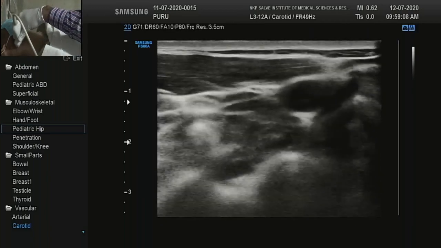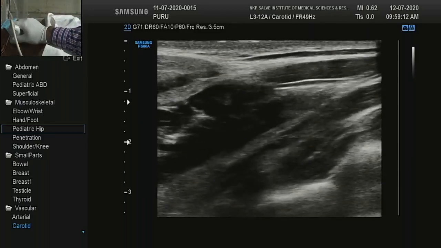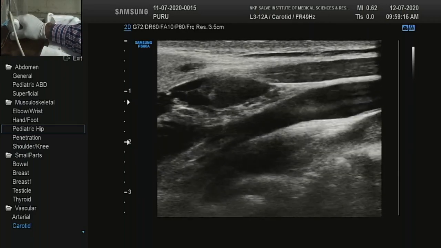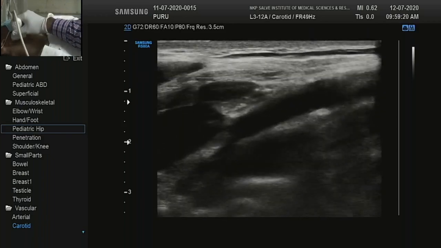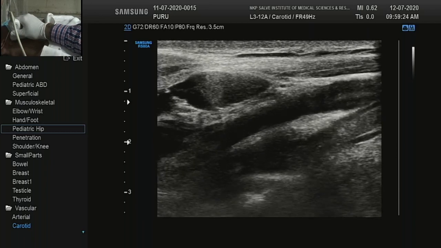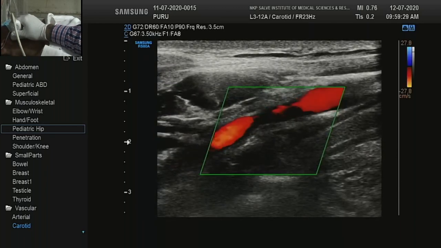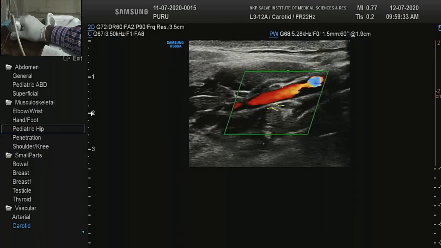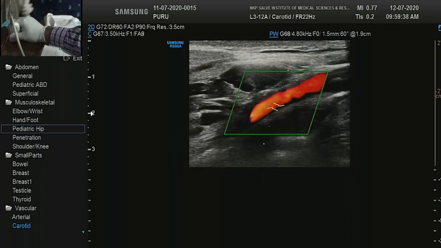Another maneuver for identifying the external carotid artery is the temporal tap that is described in the book, but if you are thorough with your anatomy, you really don't need to use it. What is done is you keep the Doppler on the external carotid and keep the sample here. Somebody just taps his superficial temporal artery.